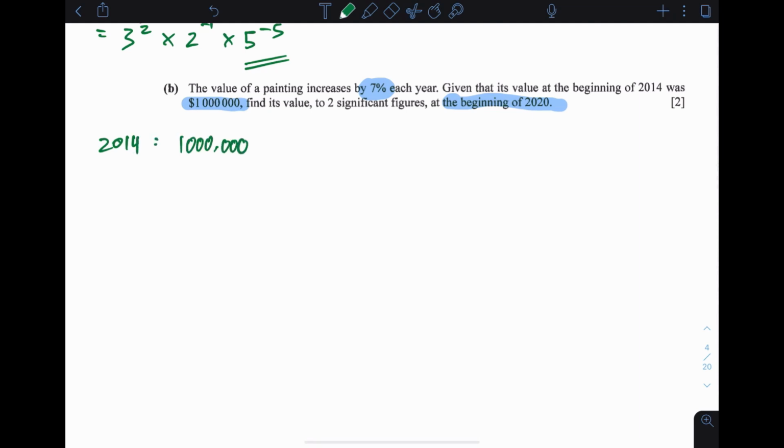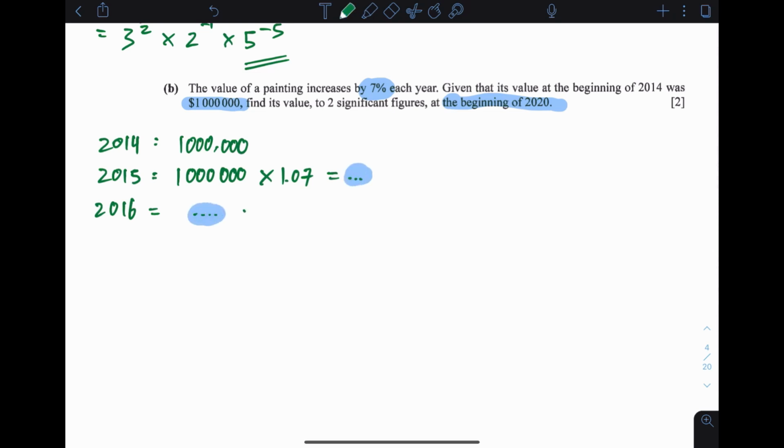Okay, if we think about 2015, this is a year after. So you apply the 1 million, multiply this by 1.07. Okay, I don't want to calculate this. I would say it's terrible. Okay. Now the idea is that when you continue on, you are going to take the previous answer and multiply again by 1.07. Meaning to say the answer from the previous part here, I'll just put a number here, and again I multiply by 1.07.